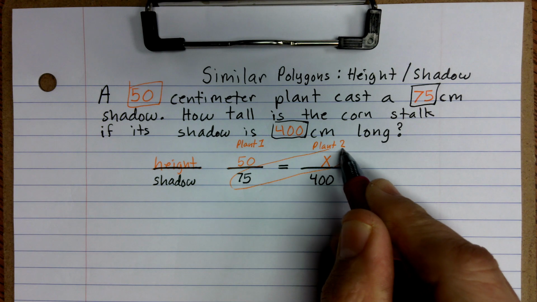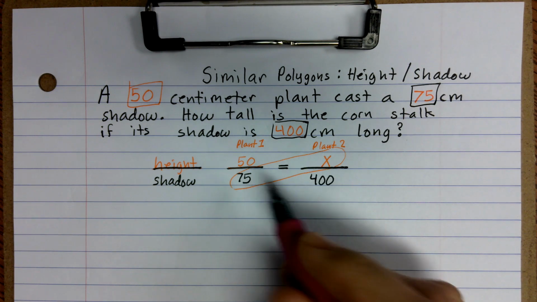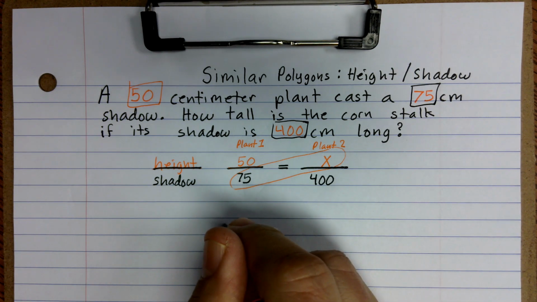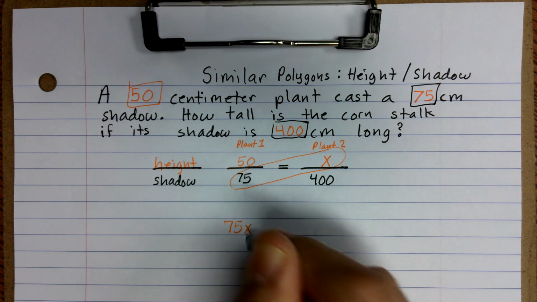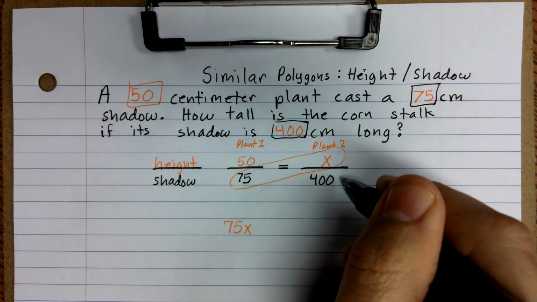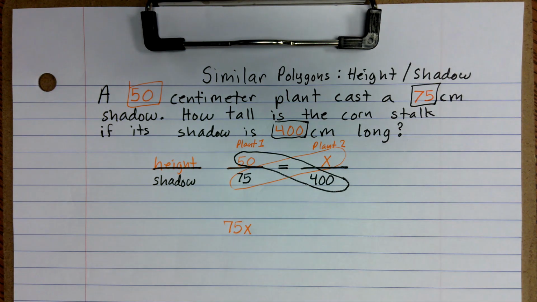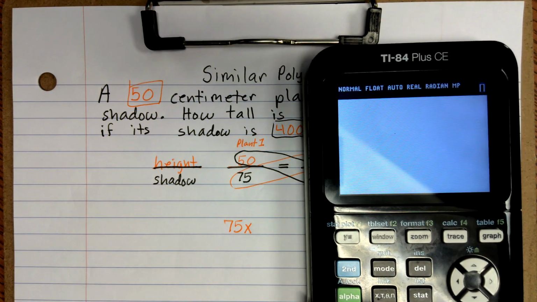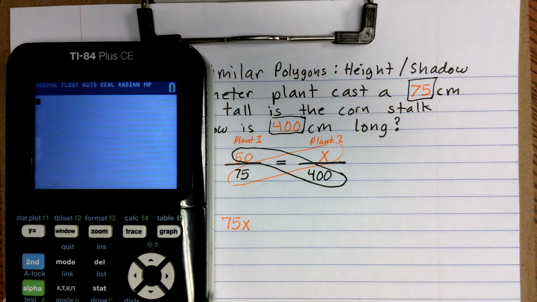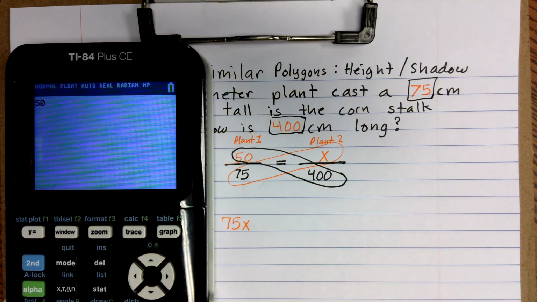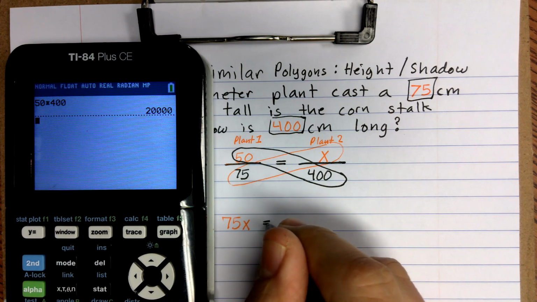So we're going to cross multiply. This is like saying X times 75, and that's just going to give me 75X. And then I'm going to cross multiply 50 and 400. So I'm going to go ahead and multiply that out. 50 times 400. Let's see what we get. And it gives me 20,000. So 75x is equal to